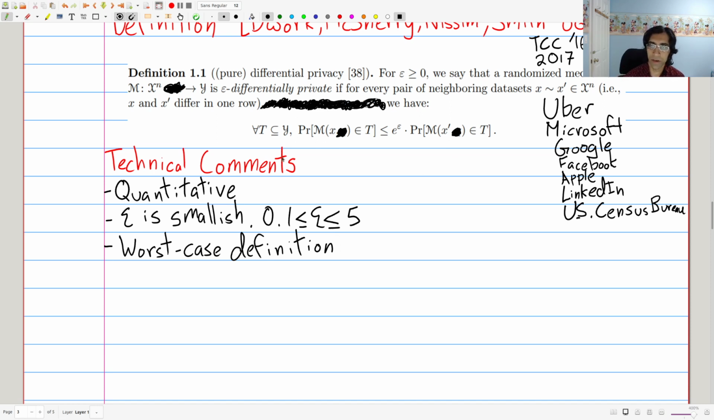In particular, notice how it says for every pair of neighboring data sets. For every pair. So that means no matter how unlikely they are, it still has to be worst case over all pairs of data sets, and we need this strong guarantee. There do exist some notions of average case differential privacy. There are a few pitfalls you have to be sure not to fall into when you're doing these. So I won't talk about this too much,